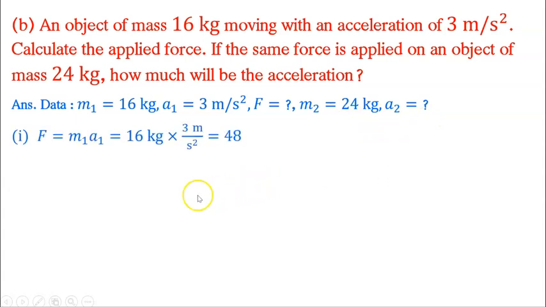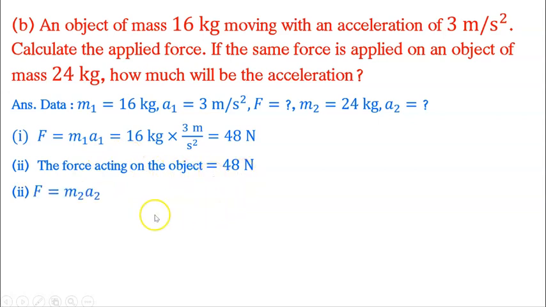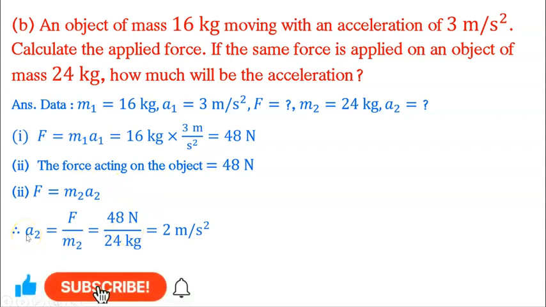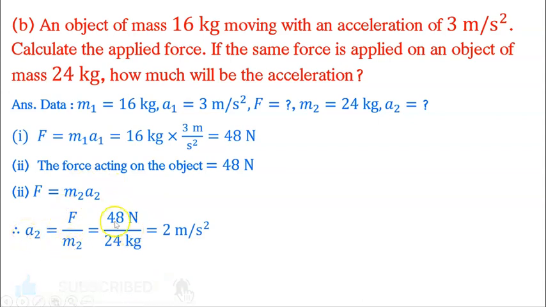Now see this. F1 is equal to m1 into a1, that is 16 into 3, which is equal to 48. The force acting on the object is 48 Newton. F is equal to m2 into a2, and therefore a2 is equal to F upon m2, that is 48 Newton upon 24 kilograms, and then you will get 2 meters per second square. From the first condition, we are finding the force, and this same force is applied on another object